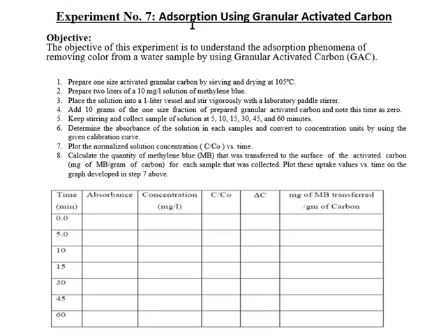Experiment number 7 is about adsorption using granular activated carbon. Activated carbon is used to treat wastewater and it can remove many types of pollution. This experiment has the objective to understand the adsorption phenomena of removing color from a water sample by